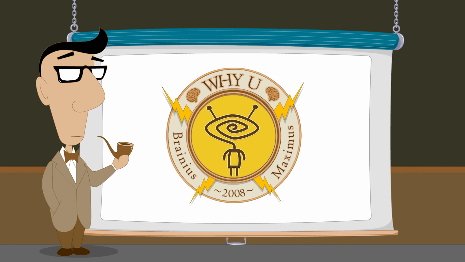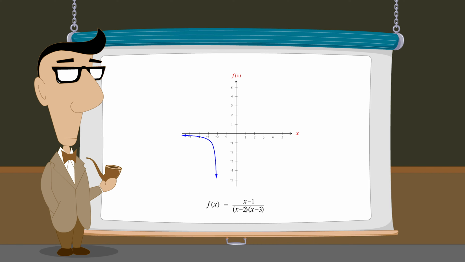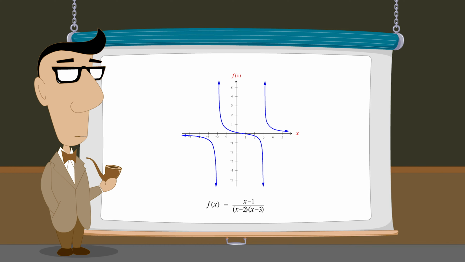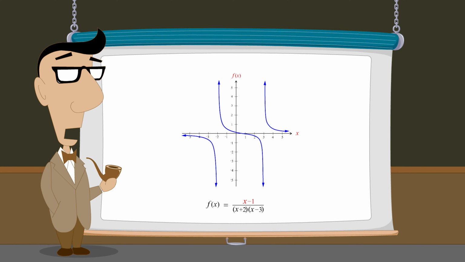In the previous lecture, we introduced the concept of rational functions. Specifically, rational functions of a single real variable, x. In this lecture, we will examine the values of x that cause the numerator or denominator of a rational function to be 0. The x values that cause the numerator to be 0 are called the zeros of the numerator. For example, since this numerator is 0 when x is 1, we say that this numerator has a 0 of 1.